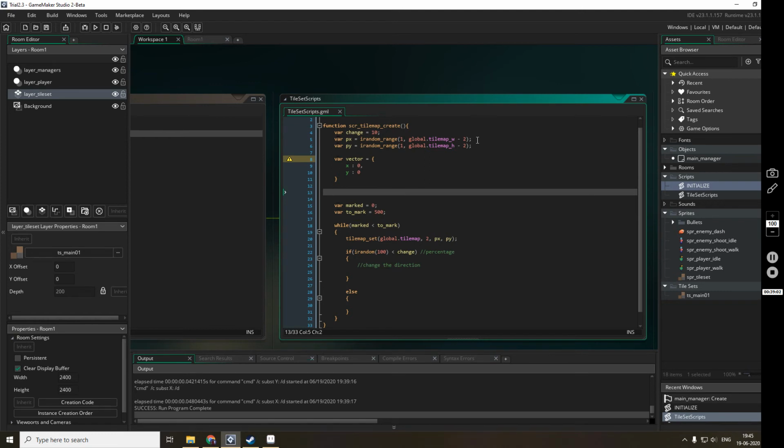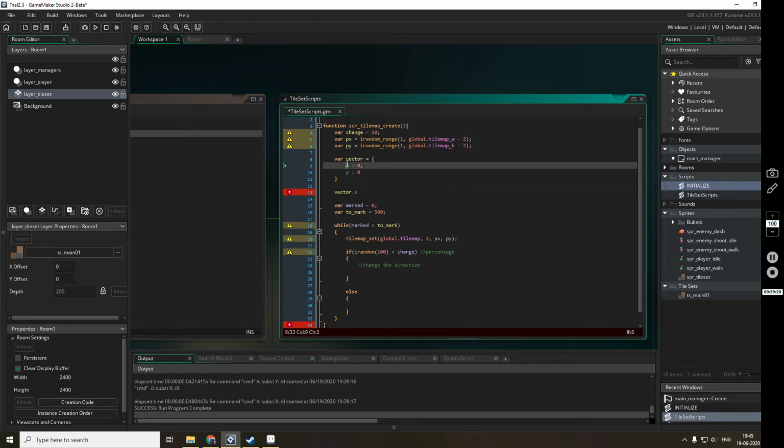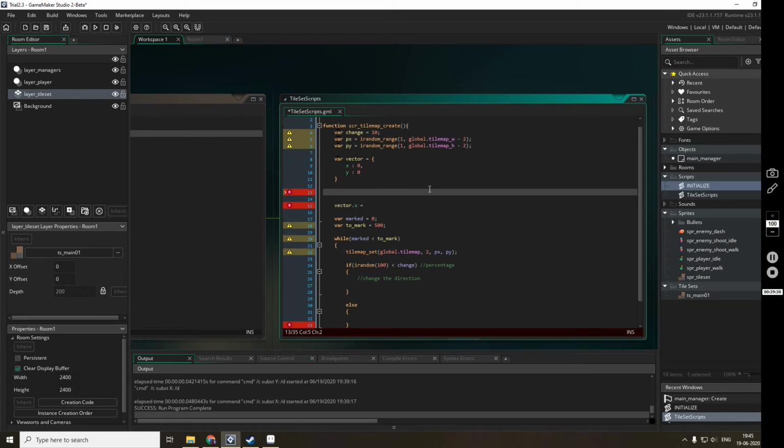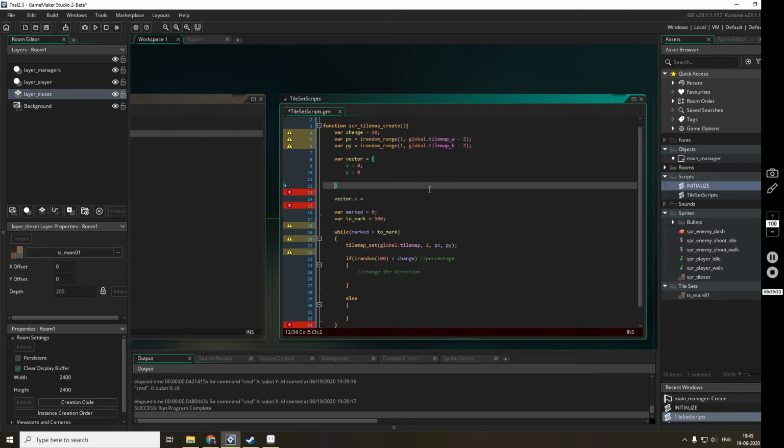Vector has its own variables, and I can even give reserved names, because wherever I reference them, I can reference them as vector dot x. So vector dot x is equal to, okay, I'll write a simple code, reset. So this is basically a function.